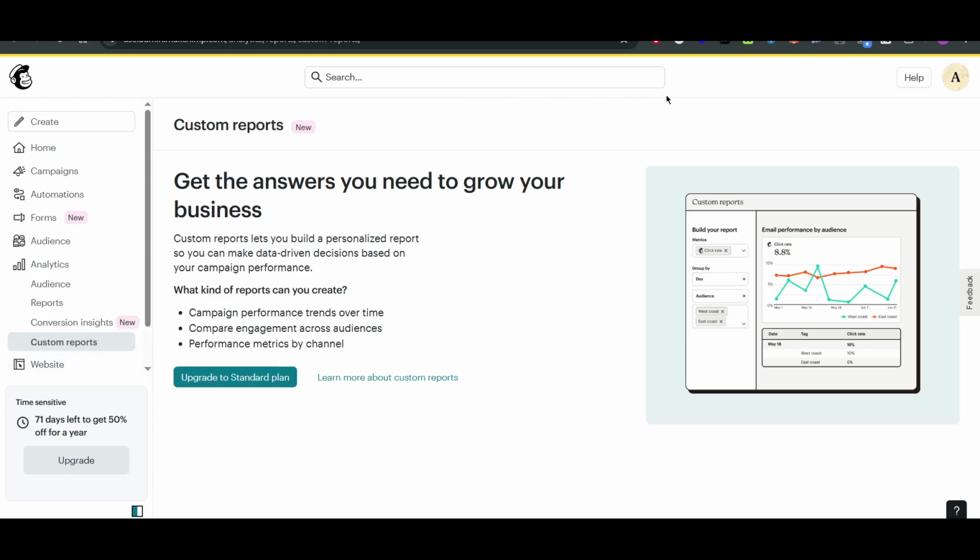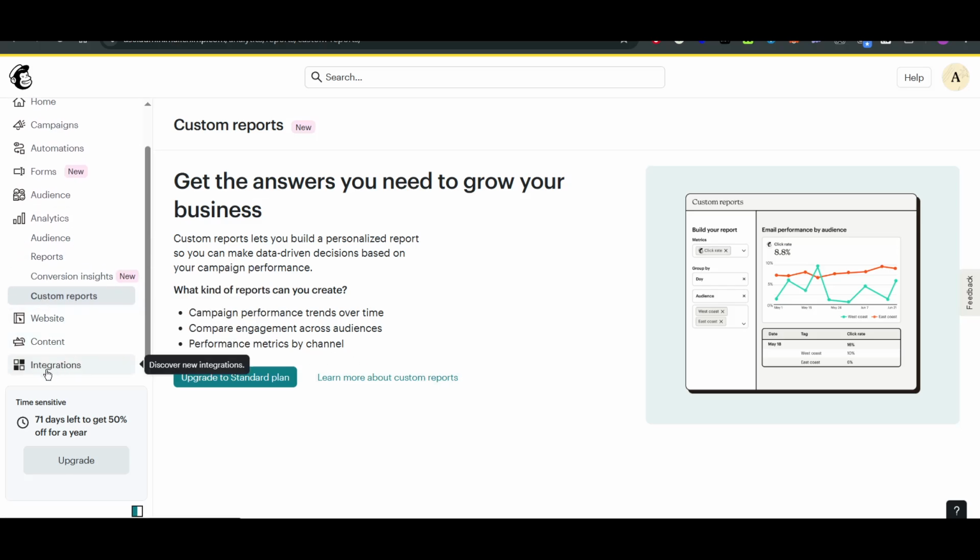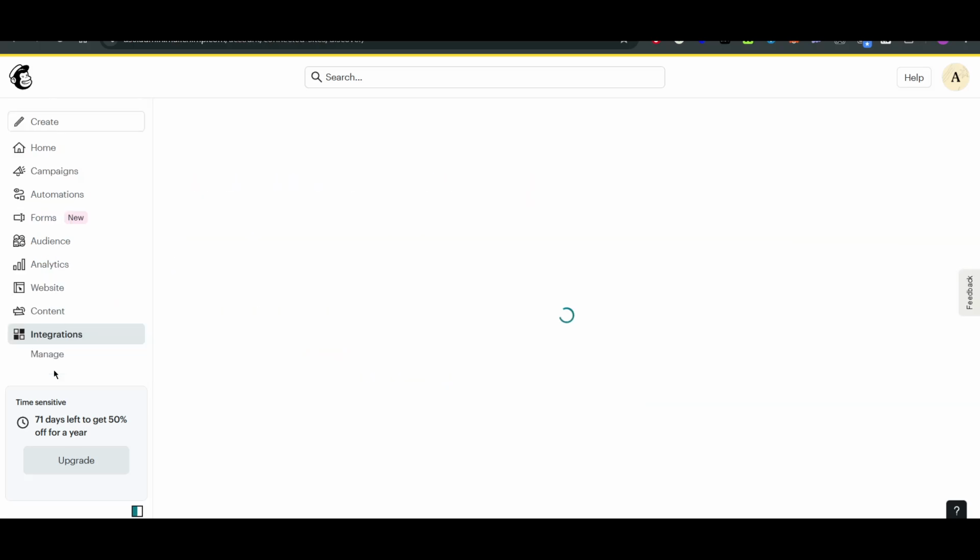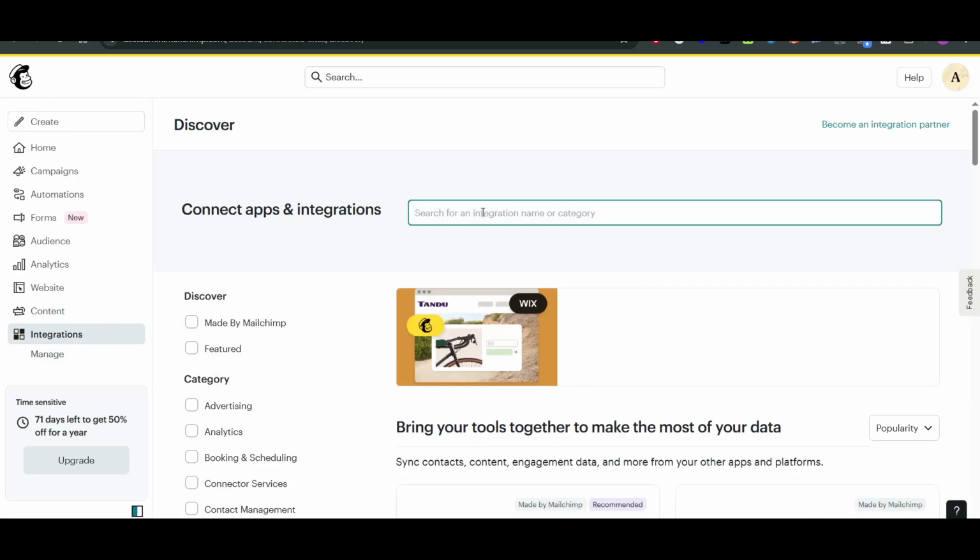So just log in with your official account. Once you're in the dashboard, all you have to do is navigate yourself on the left hand side, scroll it down, and then you will be able to see this option that says integration. Here, search Shopify,